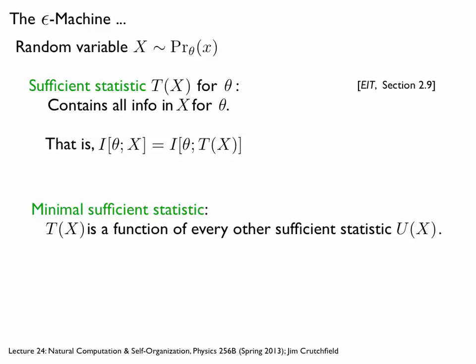Maybe just some other connections, and then we'll finish up. So there is an interesting discussion in Elements of Information Theory, Cover and Thomas, about the relationship between information theory and statistics. And they kind of recast a lot of the ideas in mathematical statistics in information theory terms. One of them is this historical notion of a sufficient statistic. So we have this, just a little background of what this means.